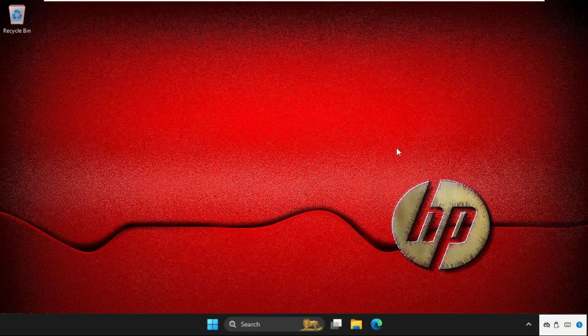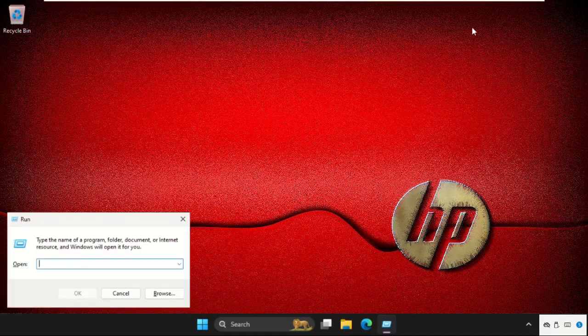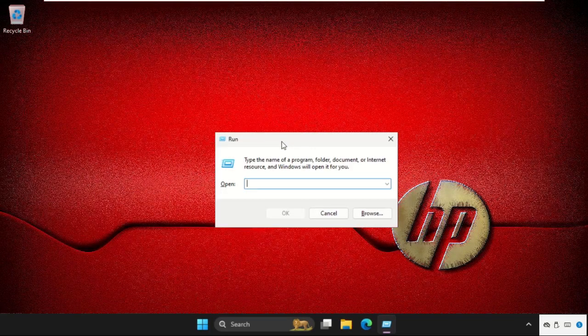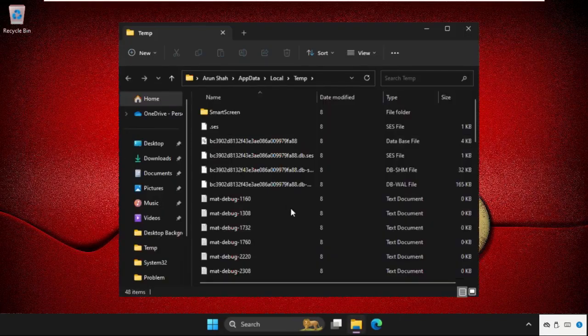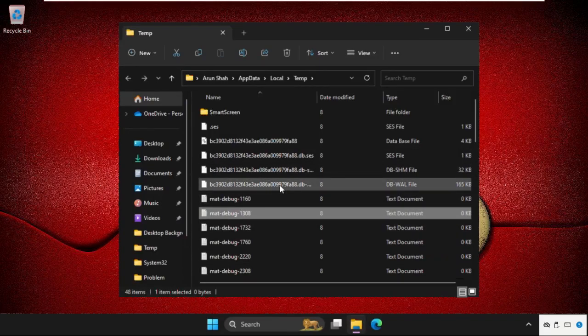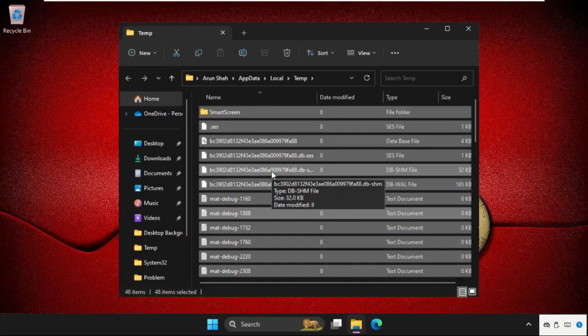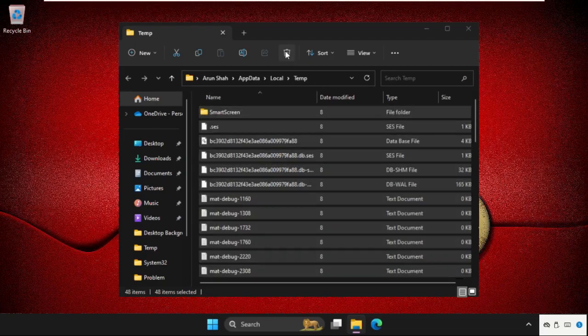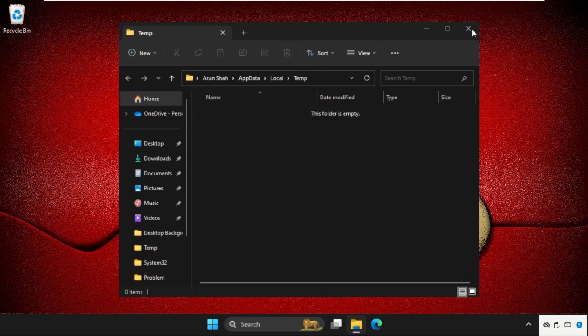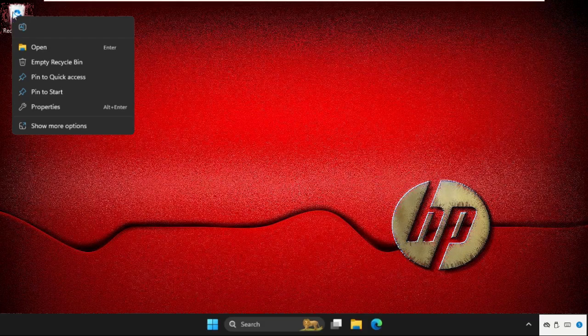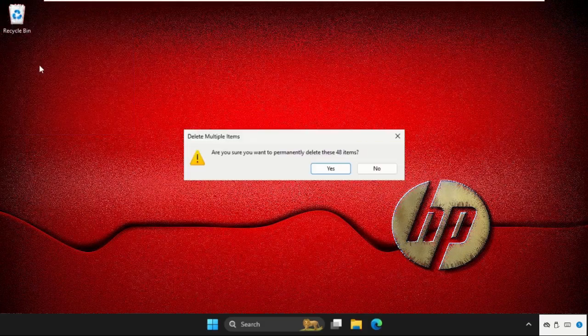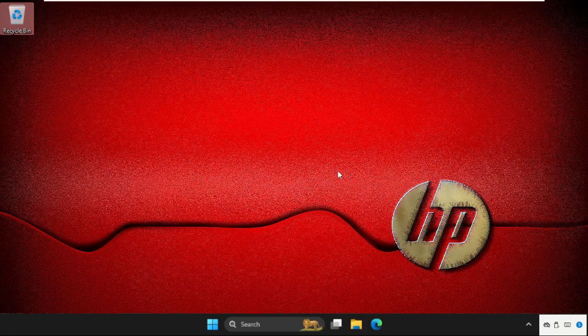Okay, now press Windows key plus R key together to open Run. Now type %temp% and hit enter. You will get multiple files and folders here, so we need to select all these files and folders and click on delete. Once done, go to Recycle Bin, right click on it and click on Empty Recycle Bin, and simply